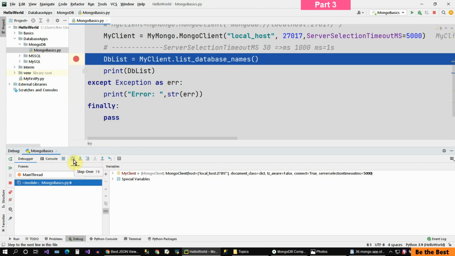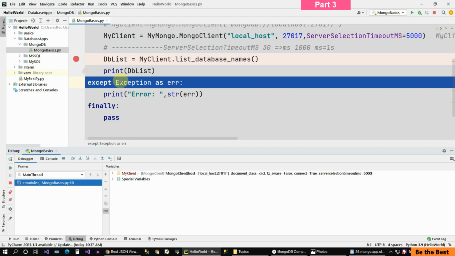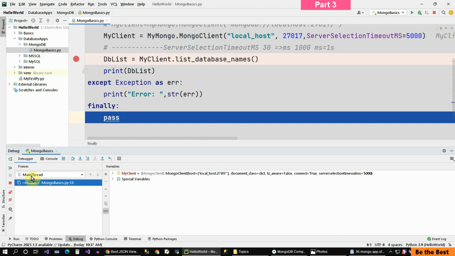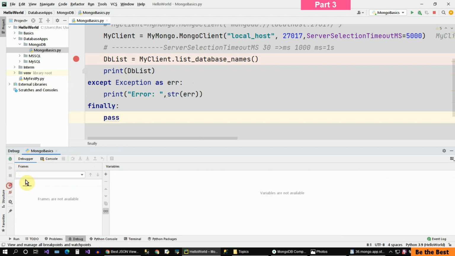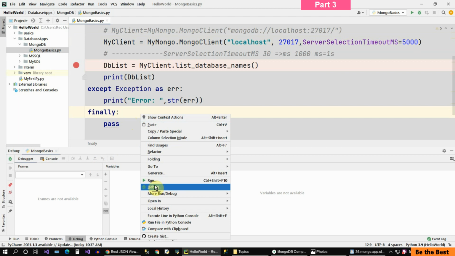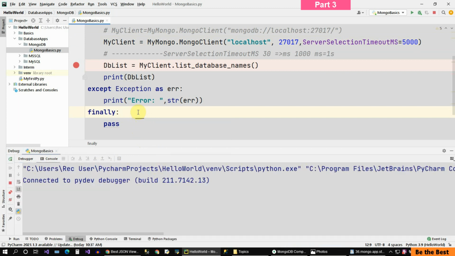Let's click on this one more time and the exception, and I have the error, and you can see the error over here. Come to the next and the error. So if I continue or stop it, also I can correct this. Now I have this localhost, and if I debug my code one more time, so debug,